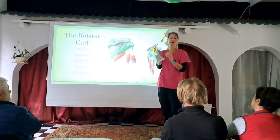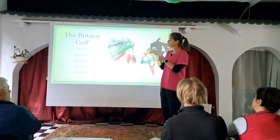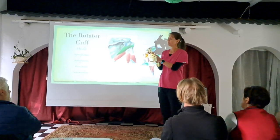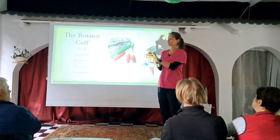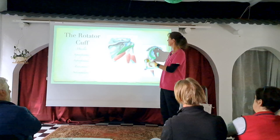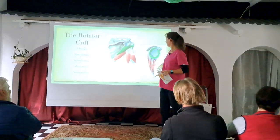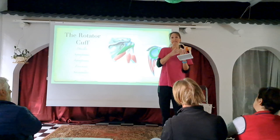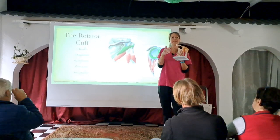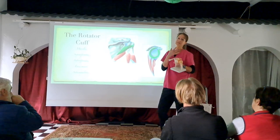So that's your supraspinatus, and most of the tears can be in supraspinatus, but all 4 of them. Infraspinatus is on the back here. Over the back of the posterior capsule there is an area which develops a lot of stiffness. Your teres is the one that I have in green there, and then subscap is the one underneath again, from the underneath surface, so between the ribs and the scapula is where subscap comes, and those 4 muscles